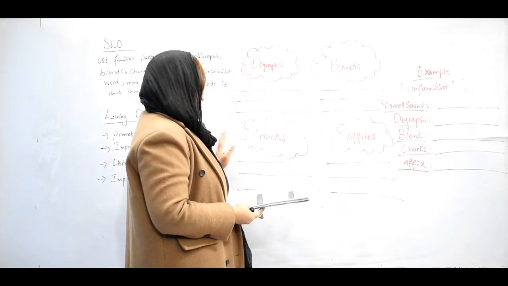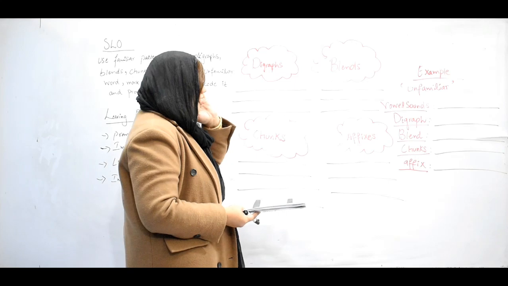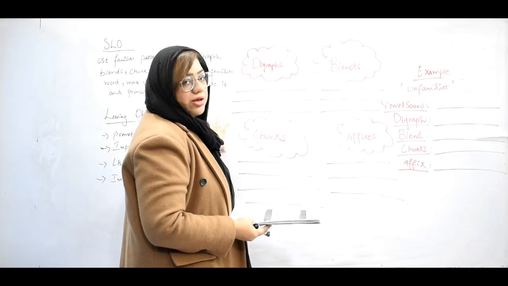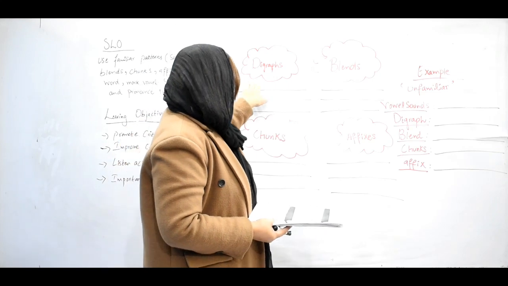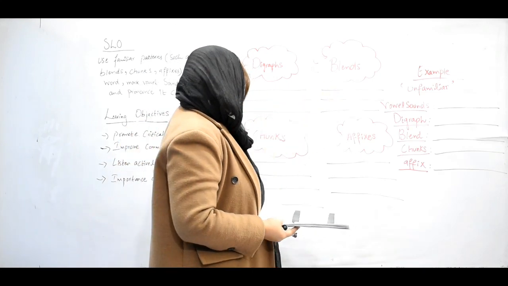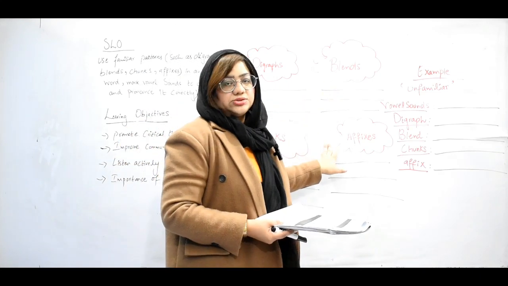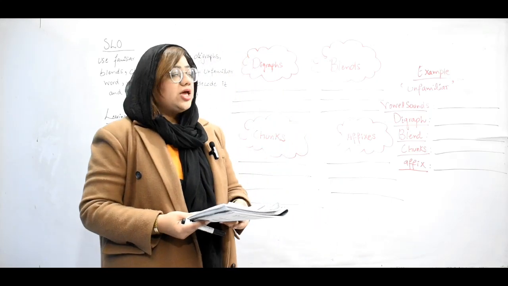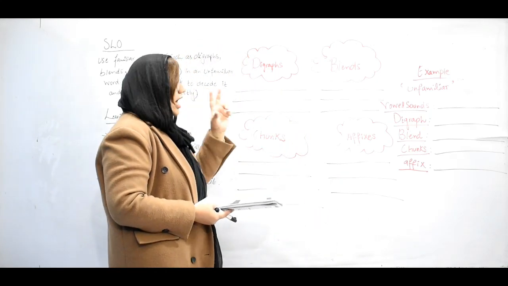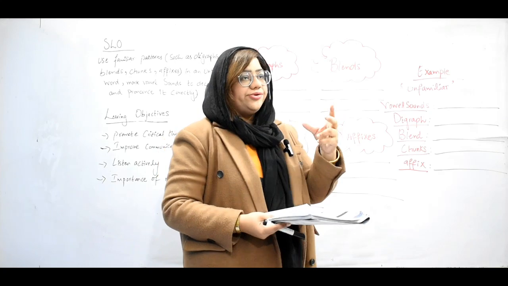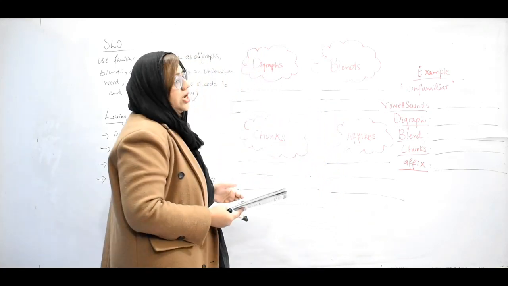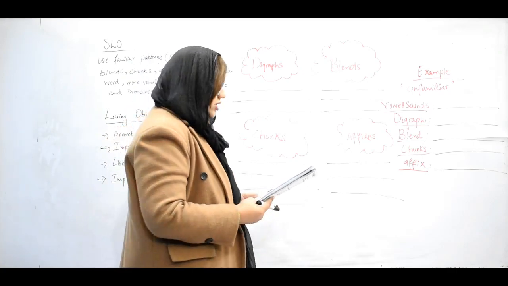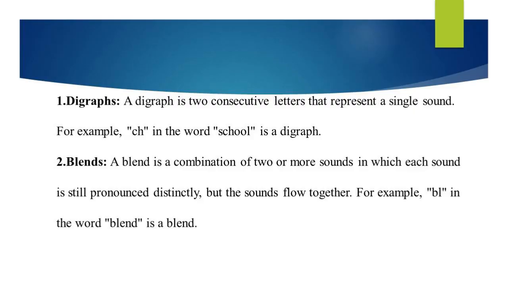As you can see, I have already placed some bubbles over here on the board. Digraphs, blends, chunks, affixes. So let's start with the digraphs. As you can see, students, it means that there is a connection between two. So what is a digraph? A digraph is two consecutive letters